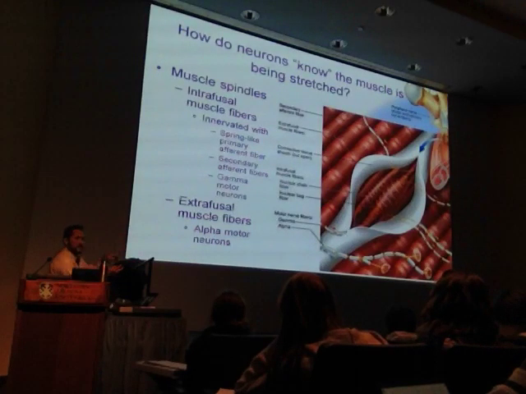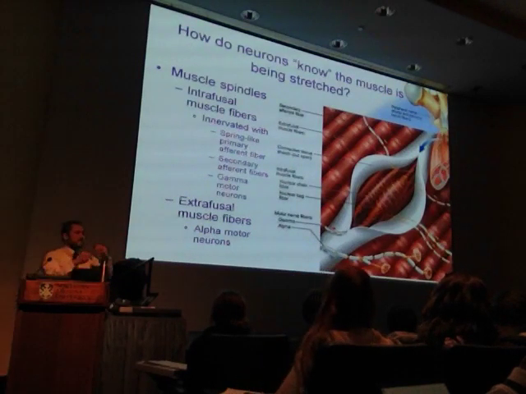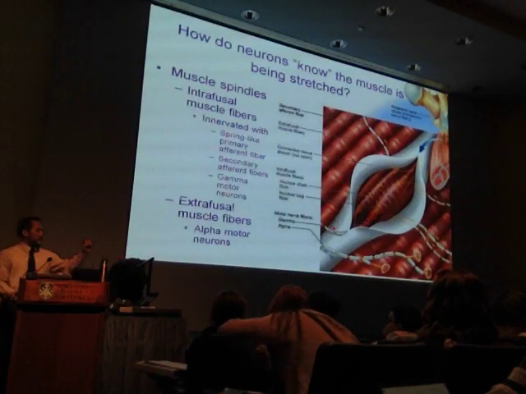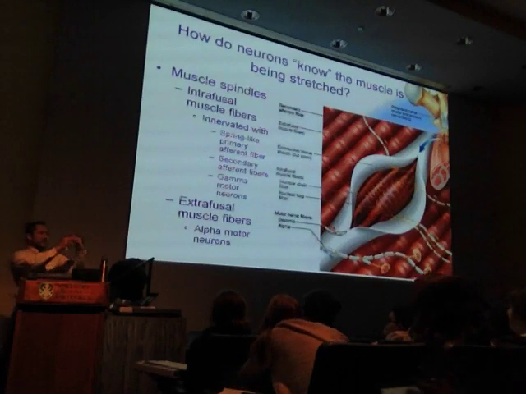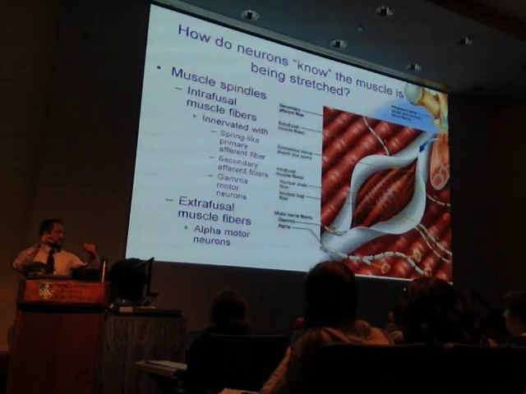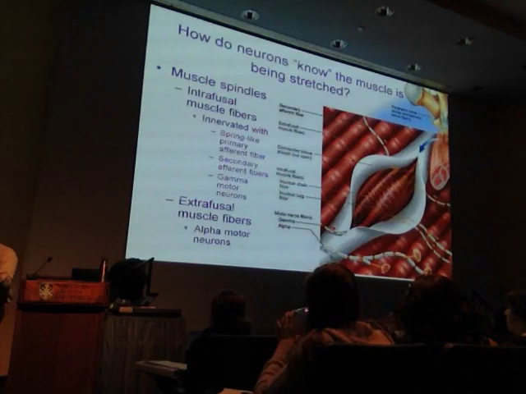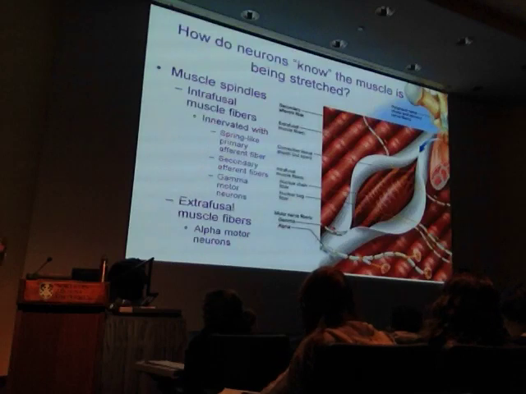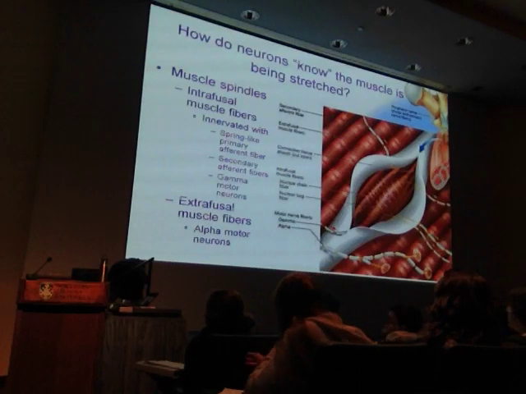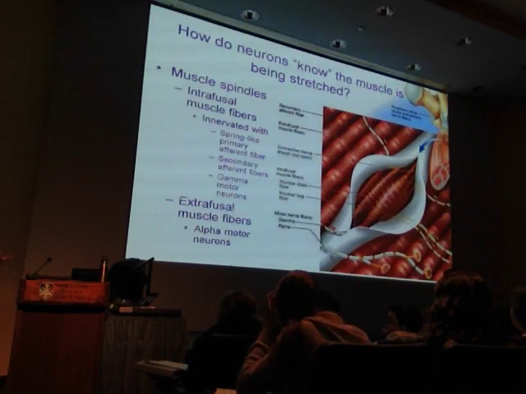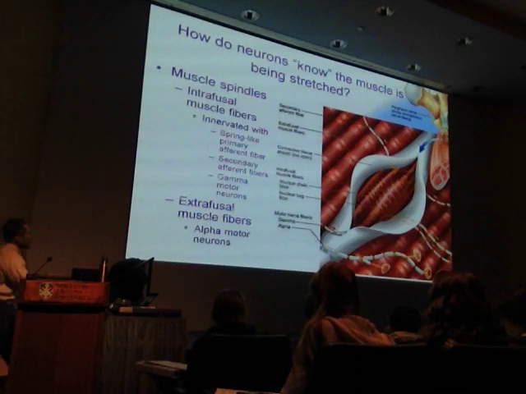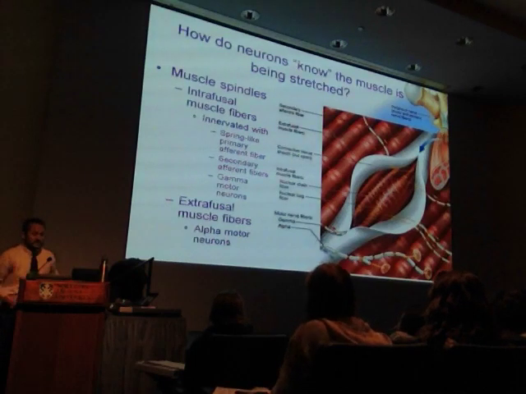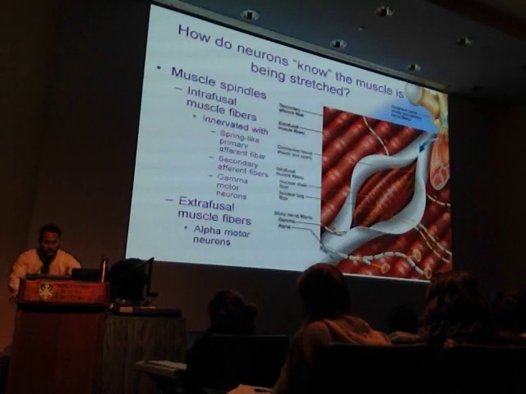It's actually encapsulated, and it kind of looks like, have you ever been to the beach and you find a piece of seaweed, and they have these roundish or spindly corpuscles? And the kids like to walk up and go, hey, look, Dad. You know what I'm talking about? So that's kind of what it looks like. It's fat in the middle and spindles out like this. It's called a muscle spindle because it looks like a spindle. And these structures that are inside are giving you real-time information about what's going on.